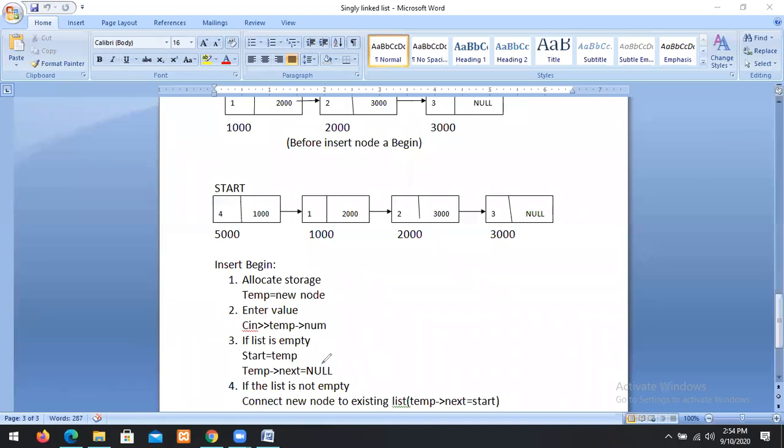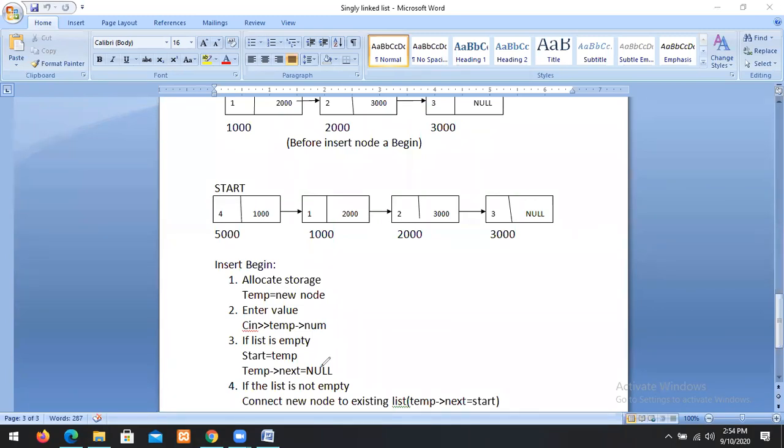If the list is not empty, that means the list already exists, in this case connect the previous list to the new node. How? We already know that the starting address of the previous list is stored in start.